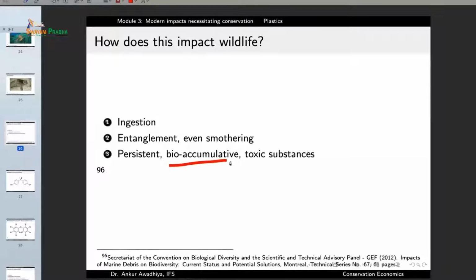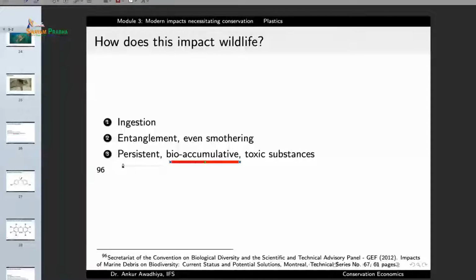Bioaccumulative means that these substances will accumulate in the bodies of organisms, typically in the fat layer. Because they are organic chemicals, they can easily get dissolved in fat, and so they will accumulate in the fat bodies. They are also persistent, which means that they remain for a very long period of time,